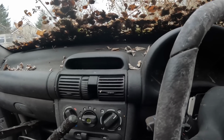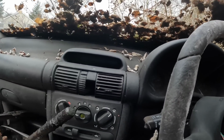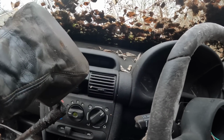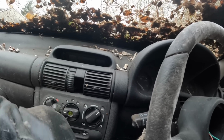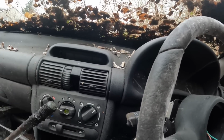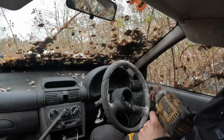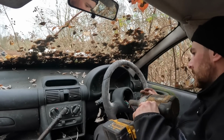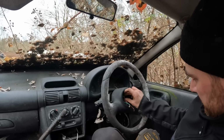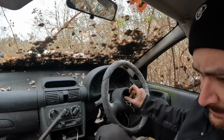Ooh, that gear knob came right off, which means the gator came right off. And the Diplomat needs a gator. That one's not perfect, but again, it's not completely wrecked either. Interesting. Right, I need to go and bash this tab flat. Mr. Steering wheel, you are going to come off. Put the nut back on a couple of threads. Let's see what...